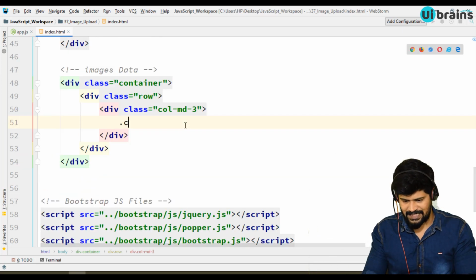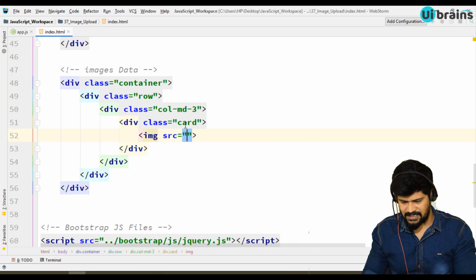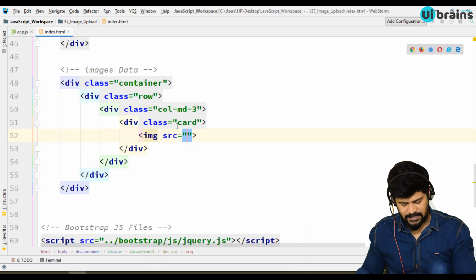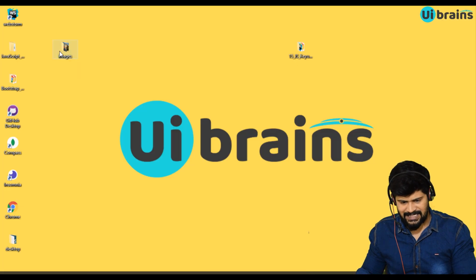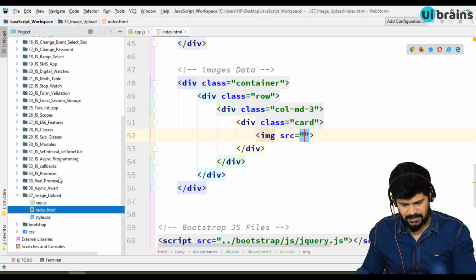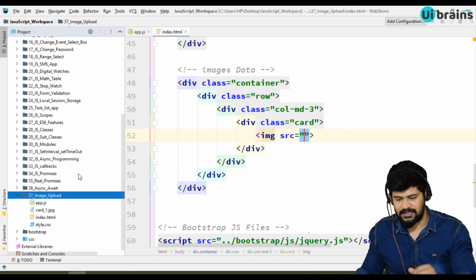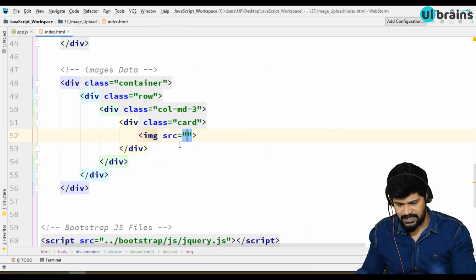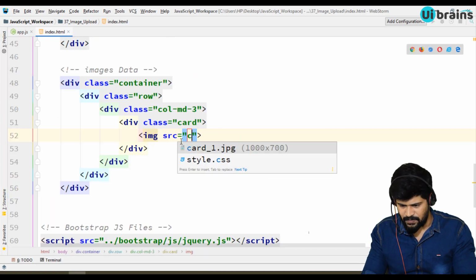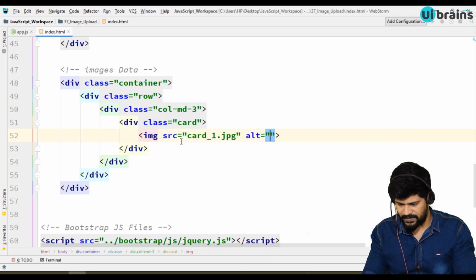Inside I make a card with one image. For src, I just take one local image as of now, a dummy image, because I just want to see the design. So let's take card1.jpg and alt nothing.